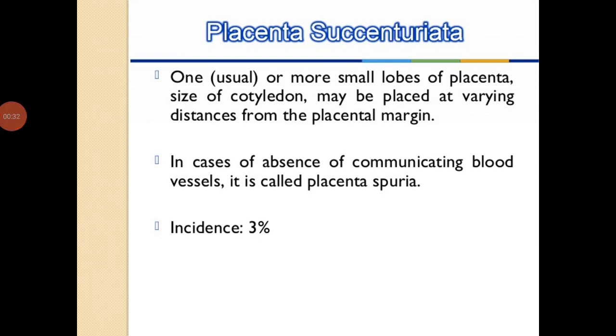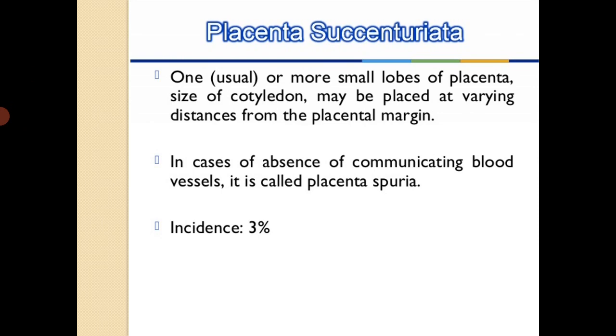We all know the survival of the fetus depends on the integrity and efficiency of the placenta. If the placenta fails to supply the fetus or is insufficient, it can lead to IUGR or eventually intrauterine death. So the placenta must be normal, sufficient and efficient to supply the fetus.